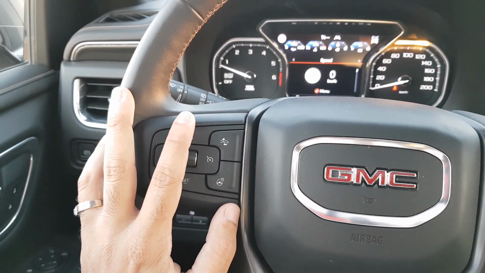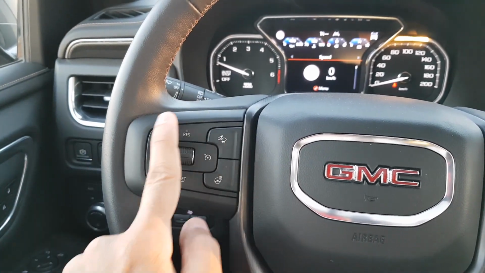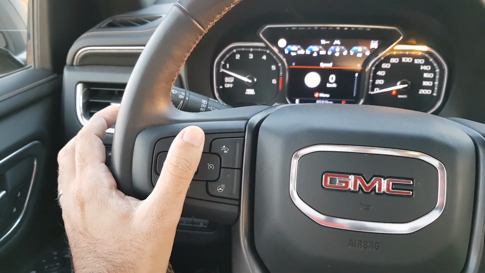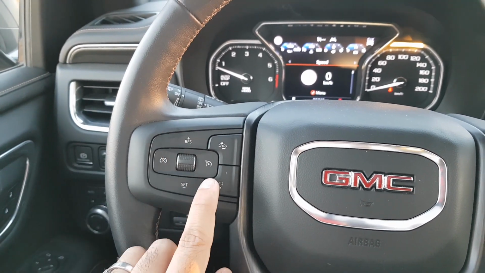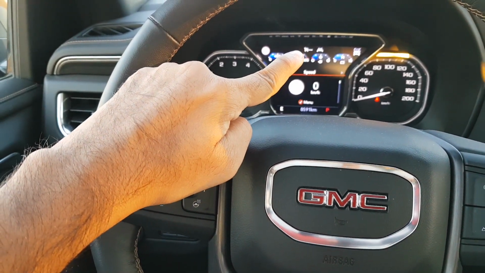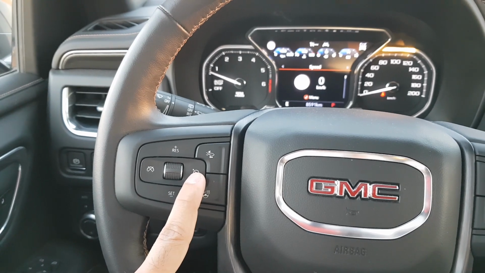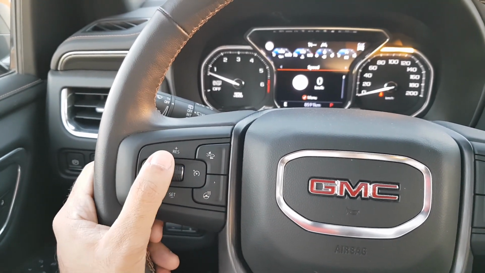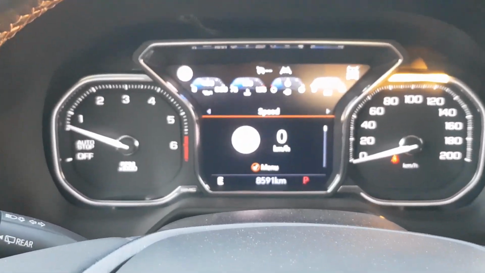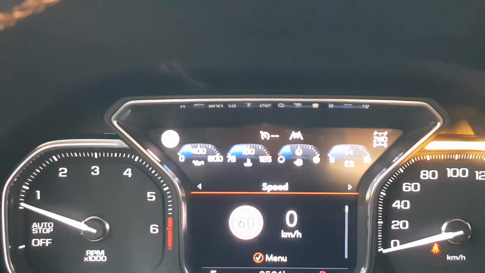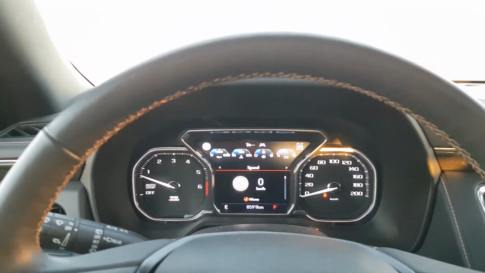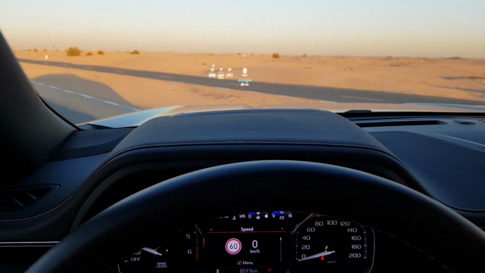So in order to use the cruise control on this GMC Yukon, the controls are mounted on the left side of the steering wheel. Now the GMC Yukon has standard cruise control. In order to start using that, all you have to do is just press this button, and on your screen you will see that it is activated. So there is a notification, and when you want to set the speed, you can press the set button at the desired speed, and on your screen you will see the notification with the speed, which will say what speed the cruise control is functioning at, and even on the heads up display it will show you the speed